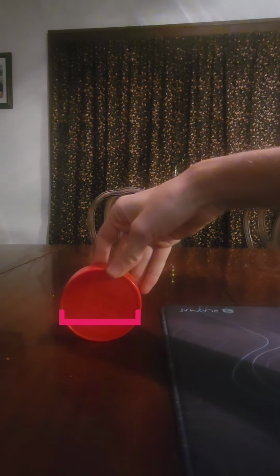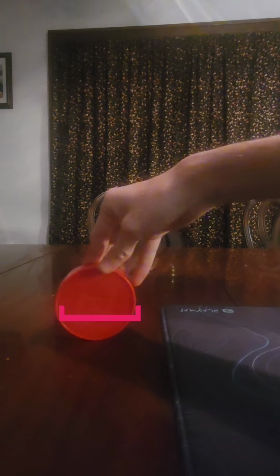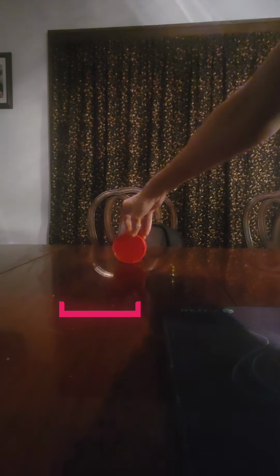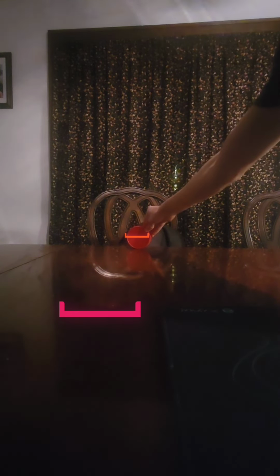If that experiment's true, this should get smaller as it goes backwards. I'll do little lines of measurement in post to show the length of this, in this case, a sphere, or just pretend it's a sphere. So as it goes back, it should get smaller, correct? All right, it's back here, it's at its smallest, right?